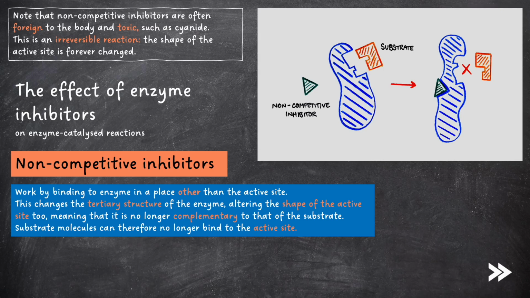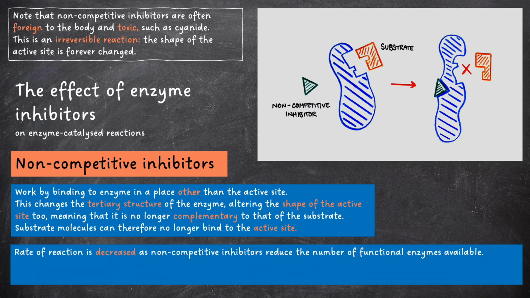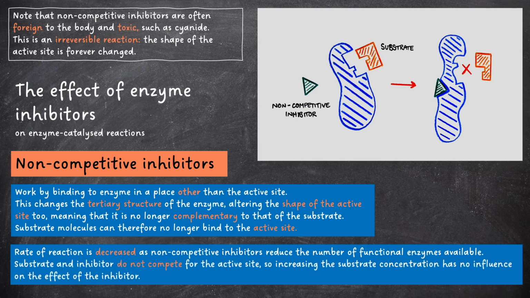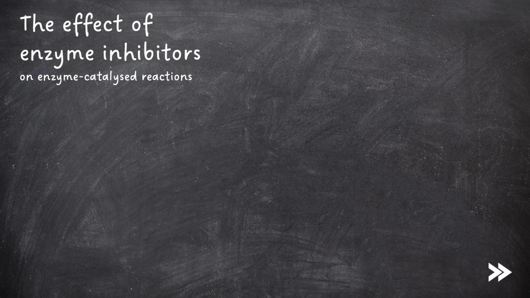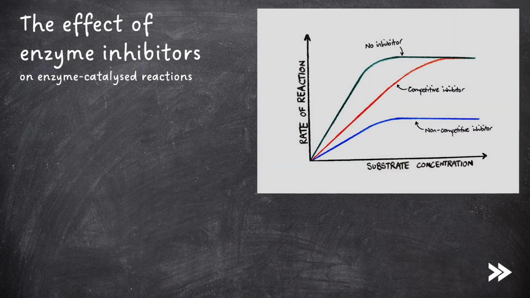So what is the effect of a non-competitive inhibitor on the rate of reaction? Rate of reaction is decreased as non-competitive inhibitors reduce the number of functional enzymes available. Substrate and inhibitor do not compete for the active site, so increasing the substrate concentration has no influence on the effect of the inhibitor. When comparing the effects of competitive inhibitors versus non-competitive inhibitors versus no inhibitor at all on